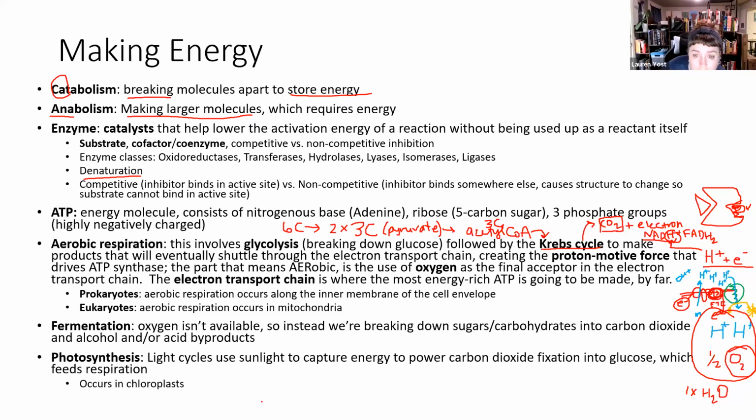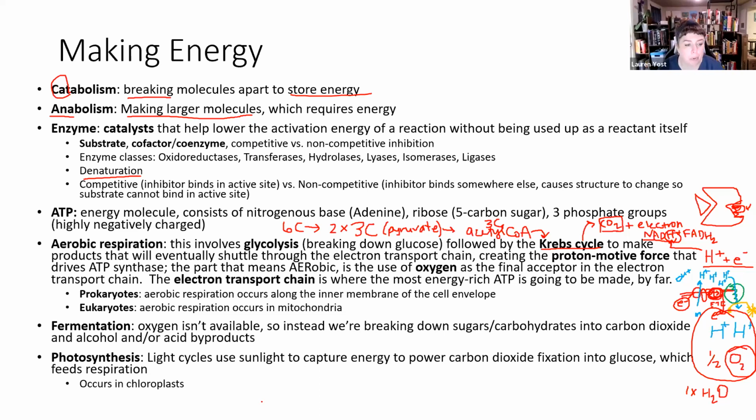So, fermentation, right? We're going to break down the sugars and carbohydrates into carbon dioxide as a byproduct and alcohol or acid byproducts as well. So that's why you get fizzy beer, and it's why we get kombucha and kimchi and all of these things that have that acidic sauerkraut, all of that. And what's going on as far as making cheese and yogurts and all of that, that's fermentation. So that's an alternate route of dealing with making energy where we don't have oxygen available in that electron transport chain. Okay. And then we have photosynthesis.